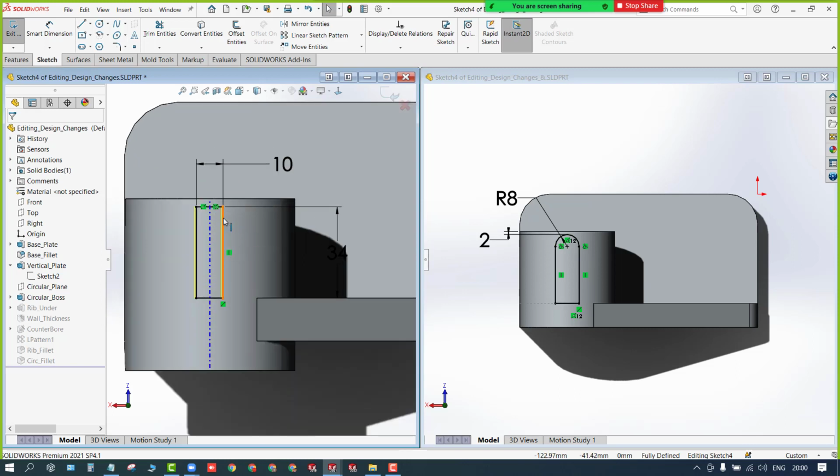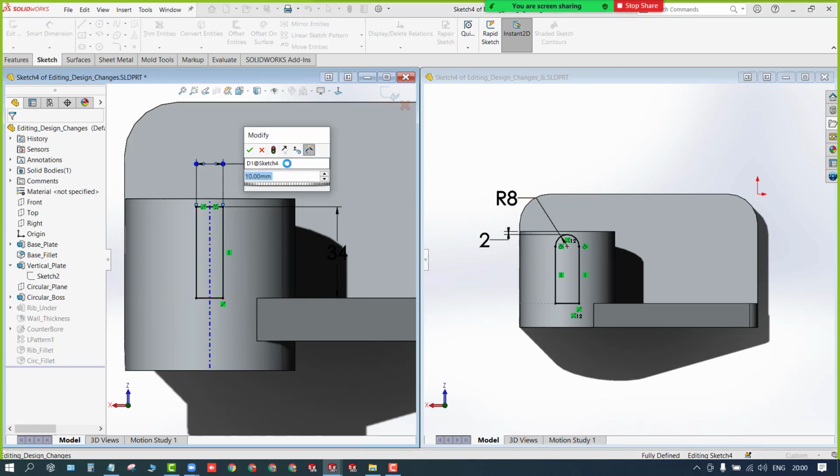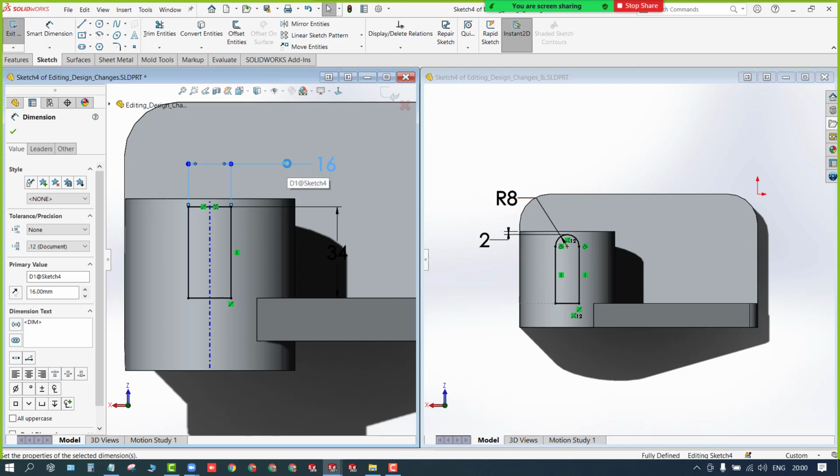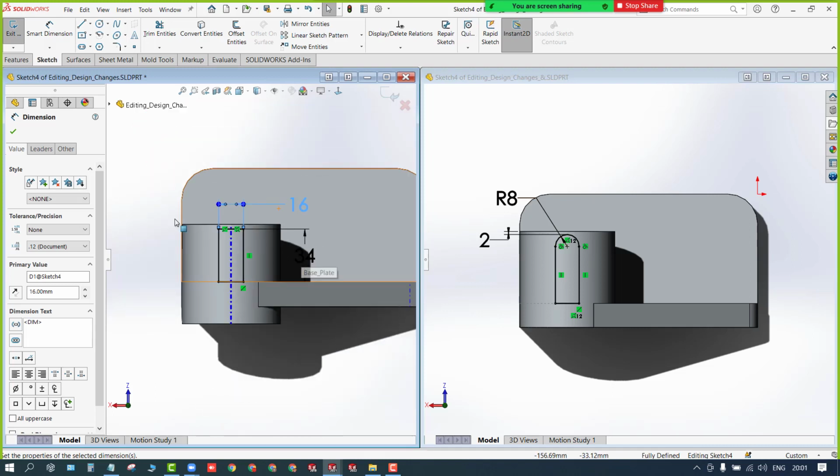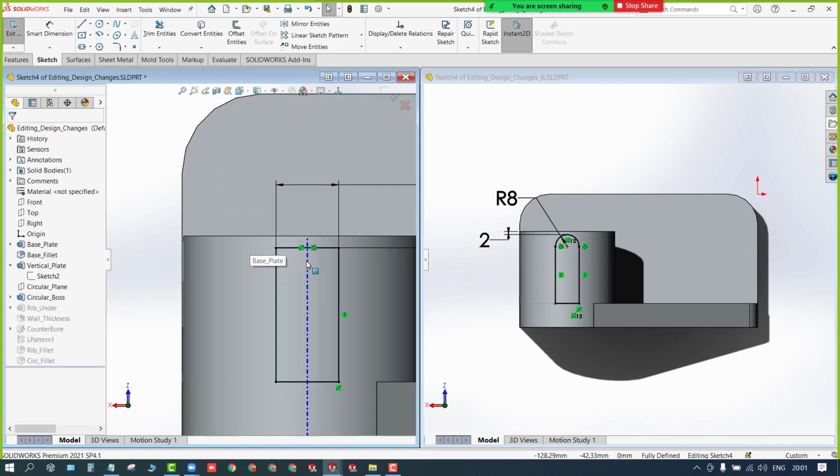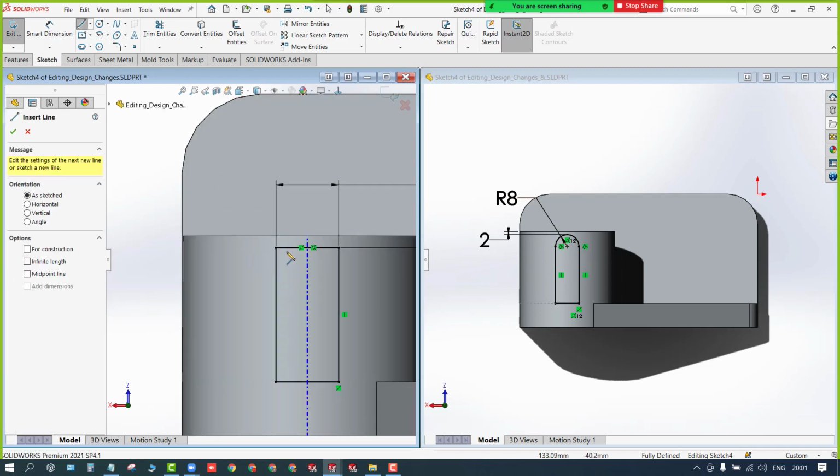And then the radius is 8. In the sense, it should be how much? 8. 16. I don't think so. Let us see. And then I need an arc.